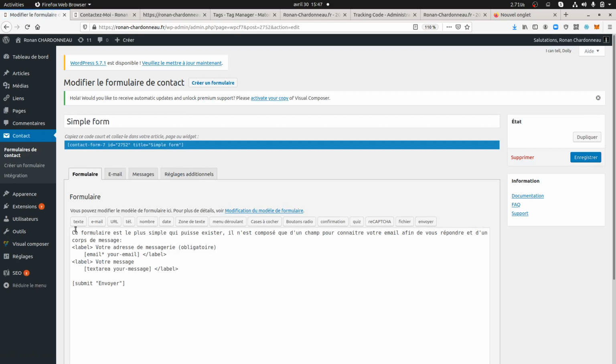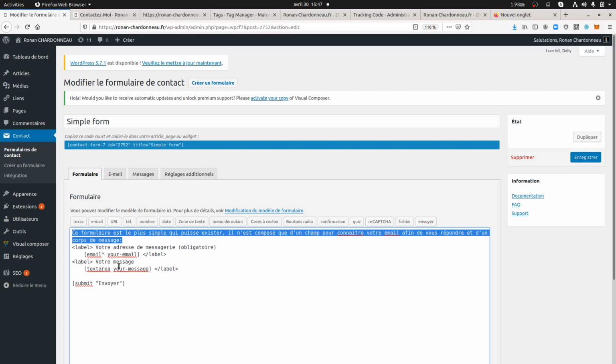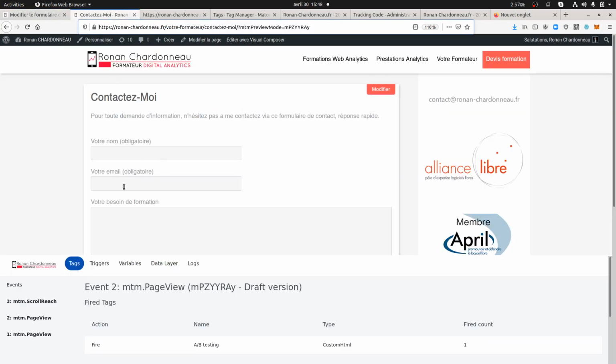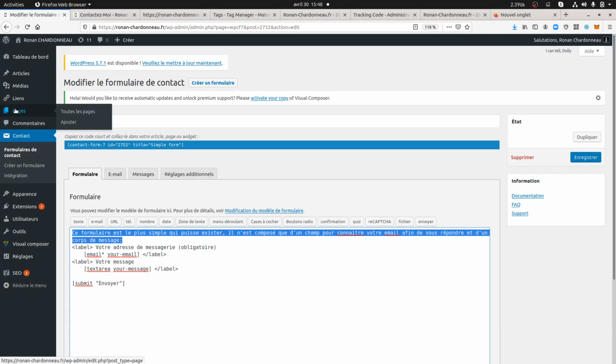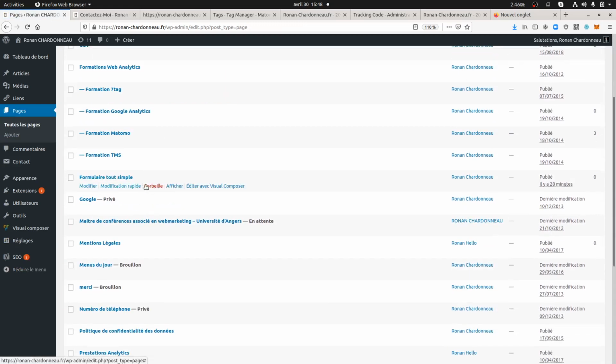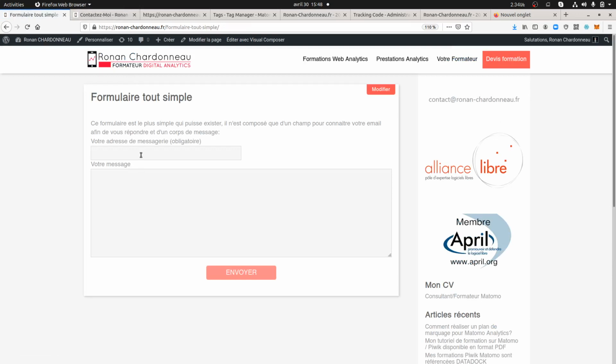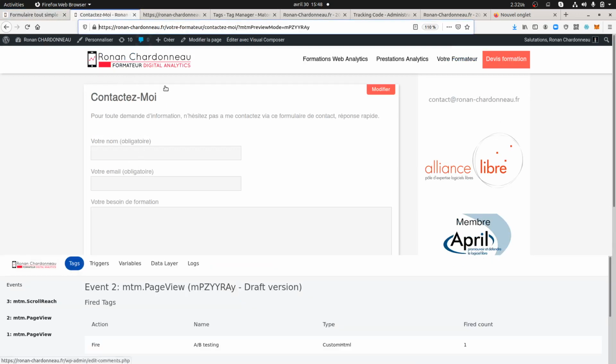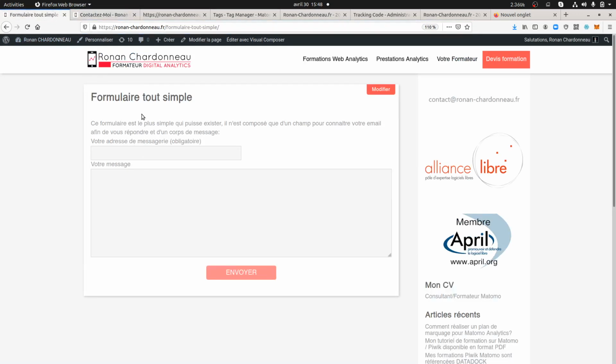As you can see here, it's a sentence saying that this is the easiest form ever. It's just composed of two fields. So here I'm taking the bet that if I fight this page against this one, I will probably get more results from this given page rather than this one. This one is just composed of two fields, this one is composed of three fields. Once you create this page, which as you can see is exactly the same template as the other ones, just with a dedicated URL, you need to copy and paste this new page that you have.